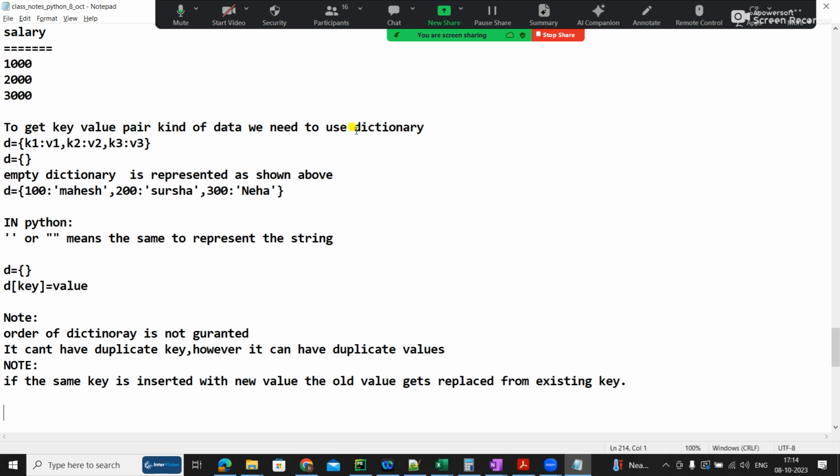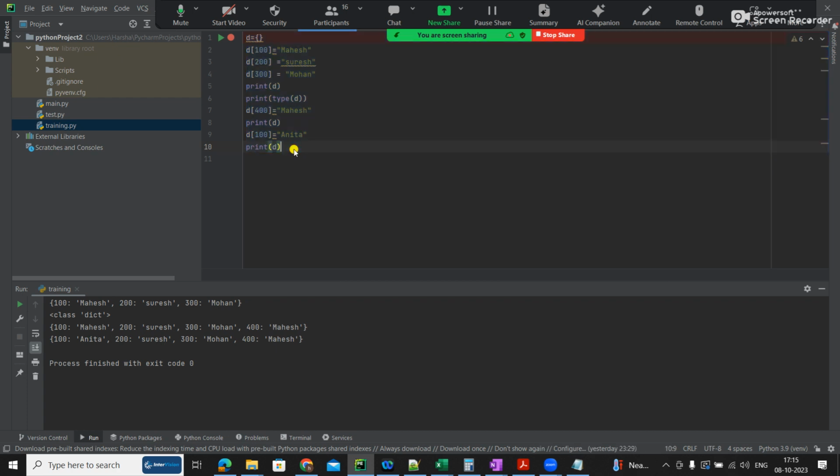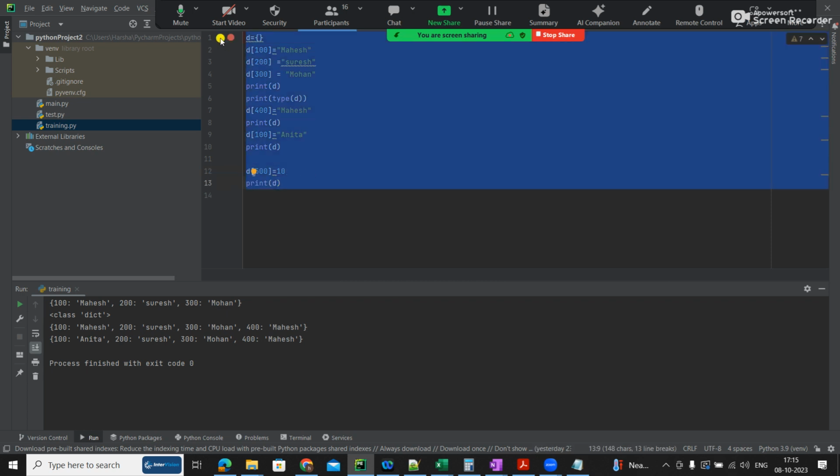Obviously it can also hold heterogeneous objects. So if I want, I can have D of 500 like this also. Most of the things we are seeing are heterogeneous objects only, everything can hold heterogeneous. So I want to keep 10. This is possible, but usually we don't do this. It will not have a proper meaning. The meaning changes immediately, 500 to 10, everything was a name. No, a name can be 10.